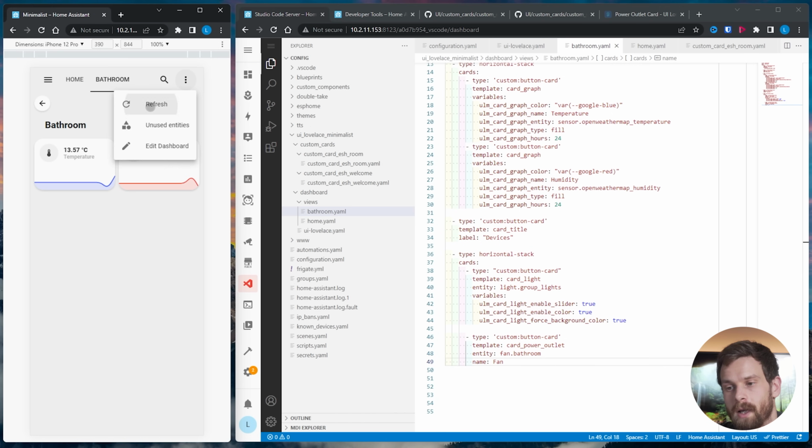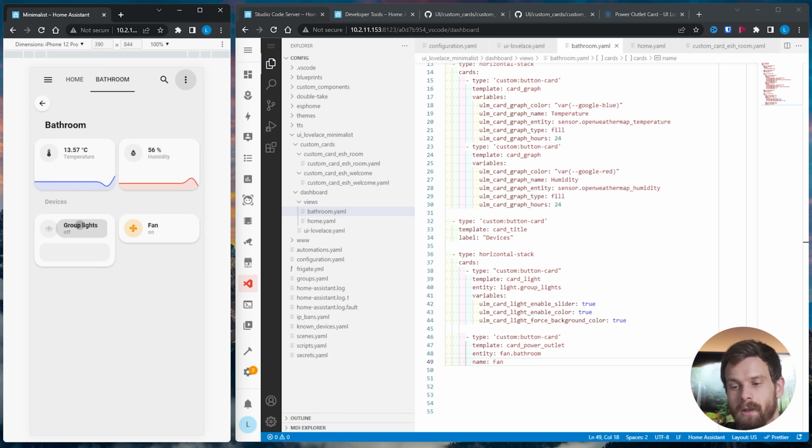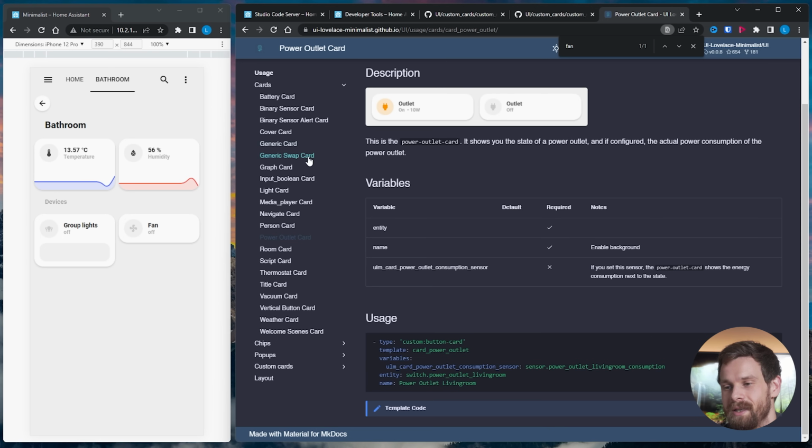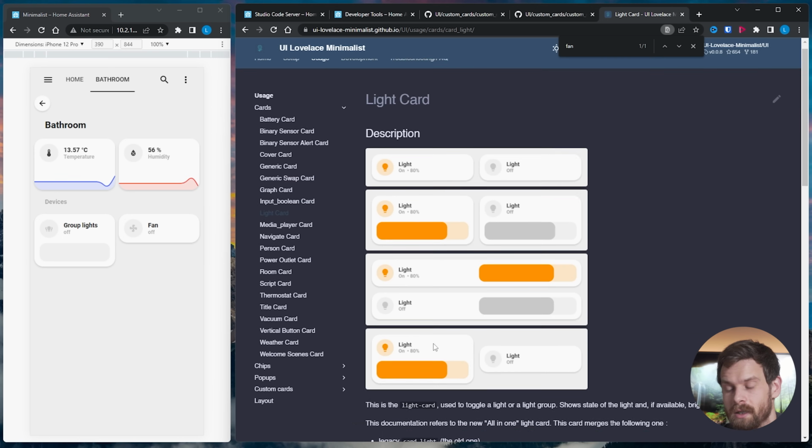Let's have a quick look at what that looks like, and you'll see that we now have our light card as well as our fan card. The only thing I want to change here is that you'll see even when the lights are off, the card is already expanded and it's already got this slider on it, which is okay, but I do want to change that back. So if we go back over into the cards and into the light card,